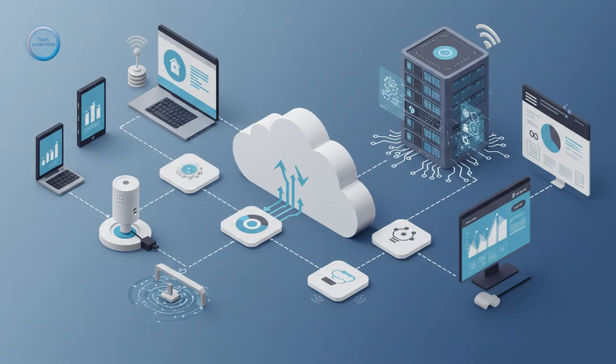Precisely. SaaS, software as a service, is the most abstracted model. Here, the provider delivers a complete, ready-to-use software application over the internet. You just subscribe and use it. The analogy here is moving into a fully furnished serviced apartment. Everything's handled for you. In the IoT world, a SaaS offering might be something like an off-the-shelf asset tracking solution or maybe a smart home management app you just sign up for. Got it. So IaaS is build it yourself, PaaS is build on their platform, SaaS is just use their app.